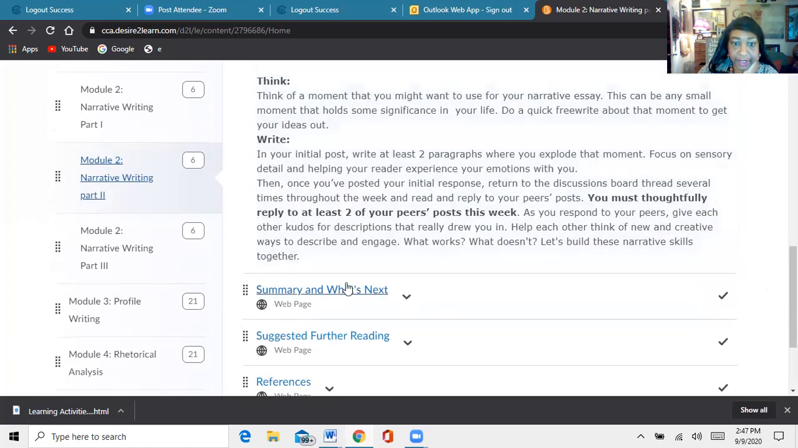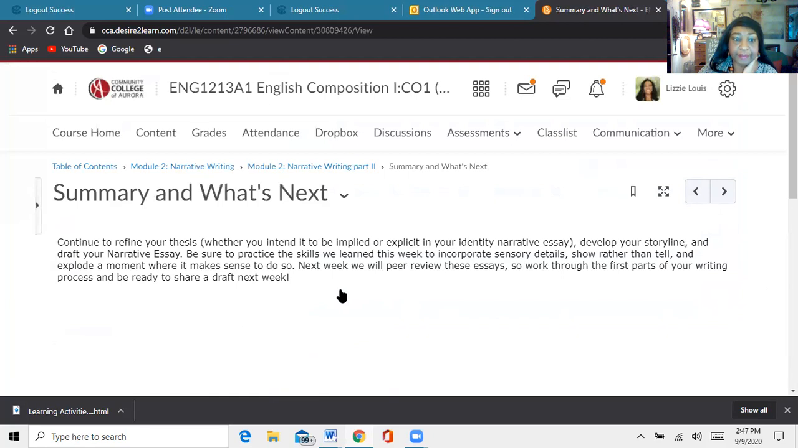Okay, and let's see then what's next. It takes us into summary. So we're spending this week now, again, learning about these tools we can use as writers, practicing the writing process. We're shifting now from the pre-writing stage to the drafting stage, leading to the writing stage. And your tangible products this week are that initial post of exploding that moment, and then your response to your 2 peers,